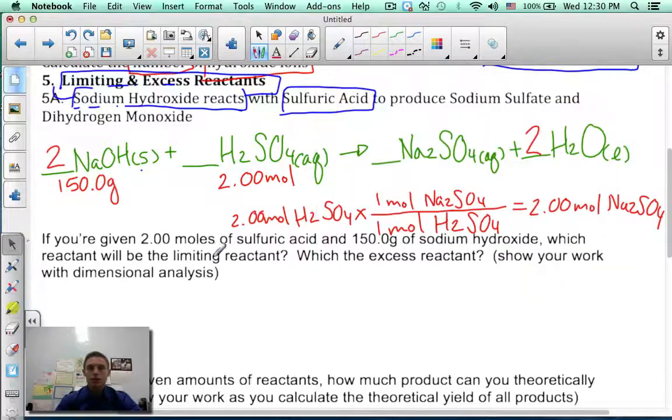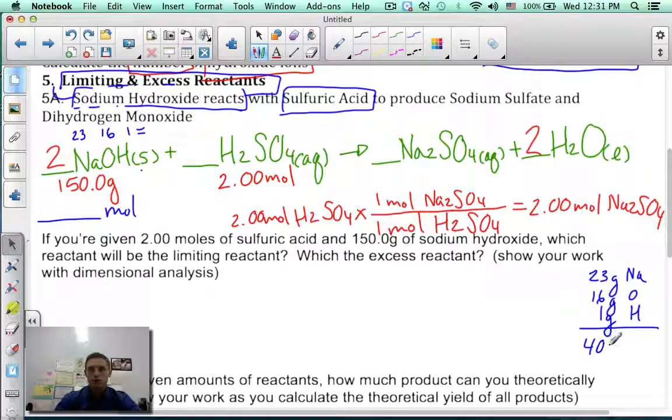But we need to check both reactants. So I need to figure out how many moles I have of this. And we don't know how many moles I have of that. So what we have to do is find the number of moles that are in 150 grams of sodium hydroxide. Well, sodium weighs 23, oxygen weighs 16, and hydrogen weighs 1. So if I add all those up, I'm going to do that right over here, just so it looks a little neater. 23 grams for the sodium, 16 grams for the oxygen, and only 1 gram for the hydrogen. If I add that up, I get 40 grams for every mole